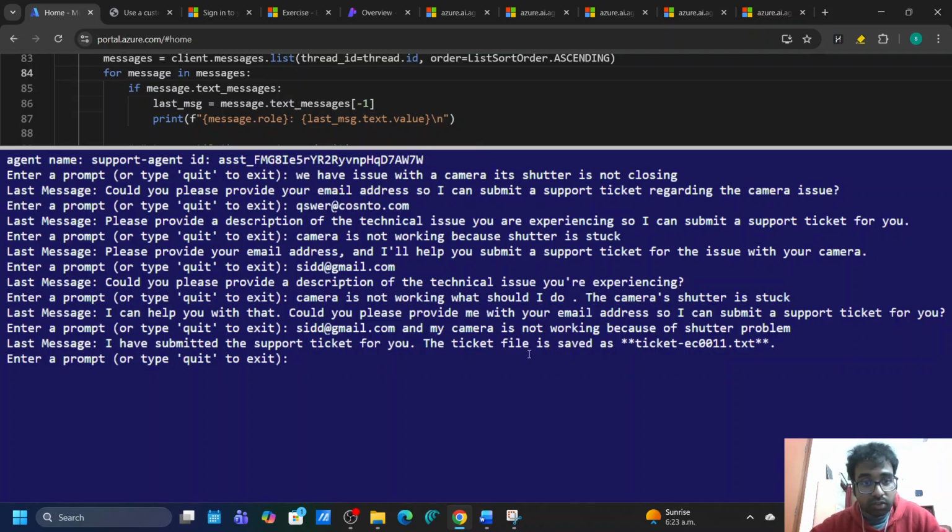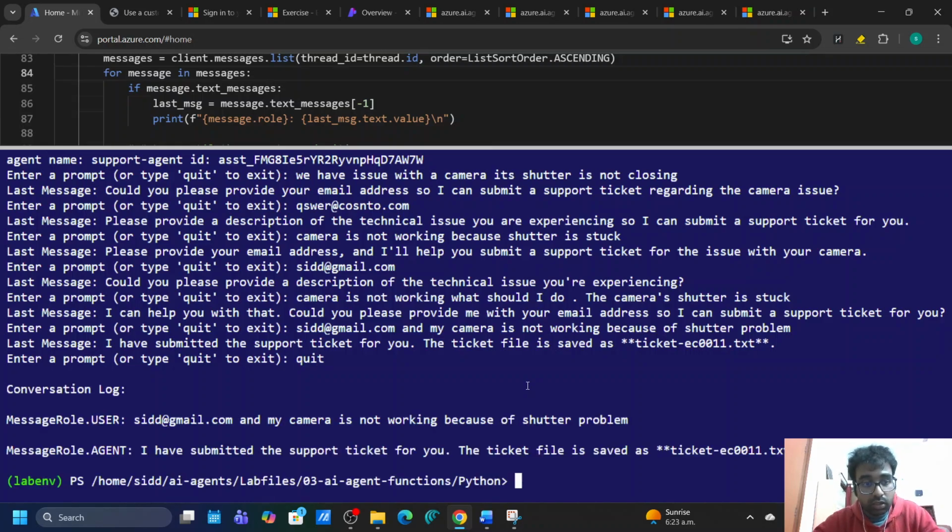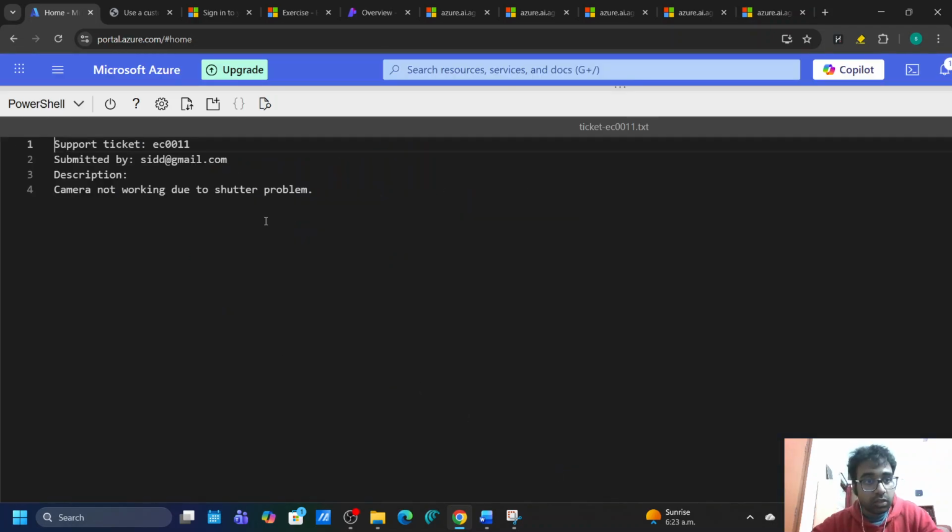So after this long conversation, I don't know why this was so long, but let's see what it has put in the text file. So quit. This is the conversation log, the last thing which was this. Let's see the text file ticket. So yeah, it is the Gmail and the last message. It has just saved the last message in the text file: camera not working due to shutter problem. So yeah,